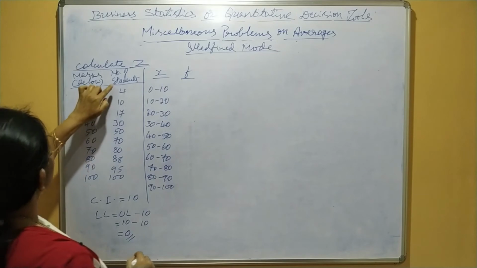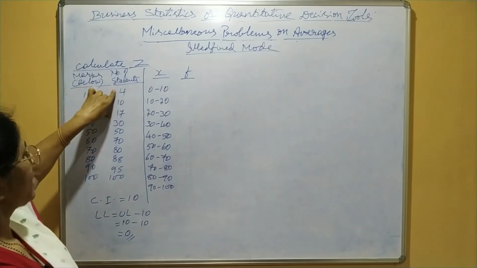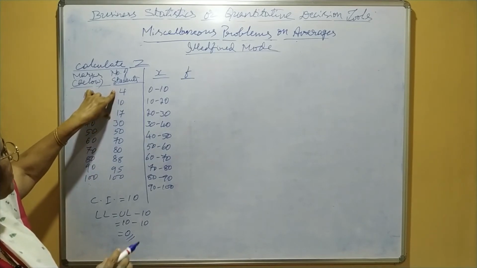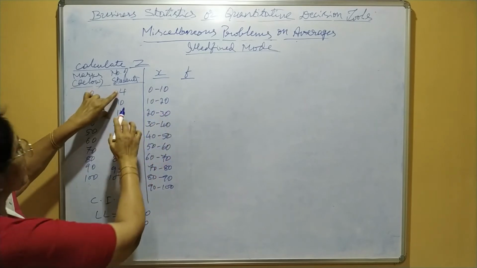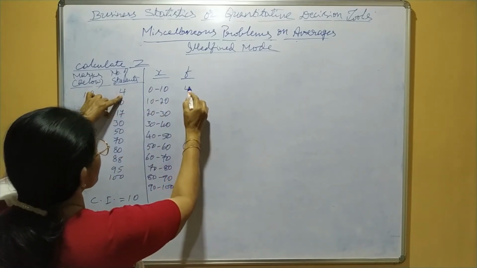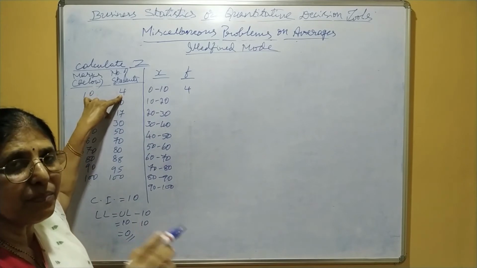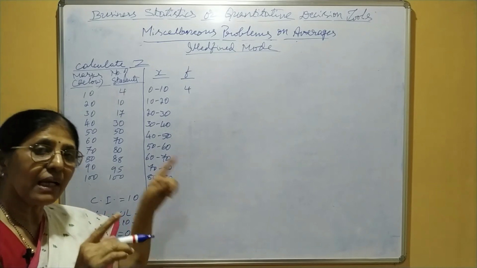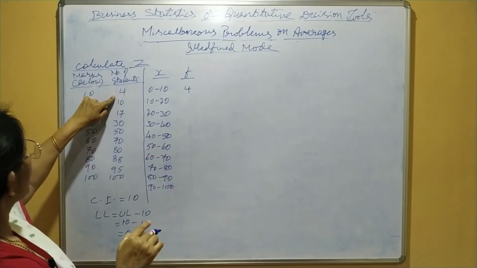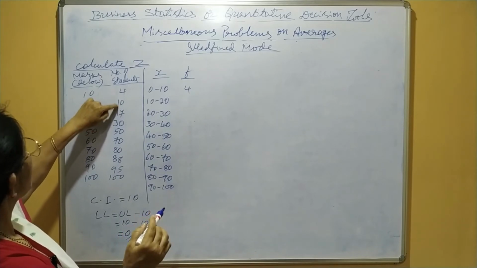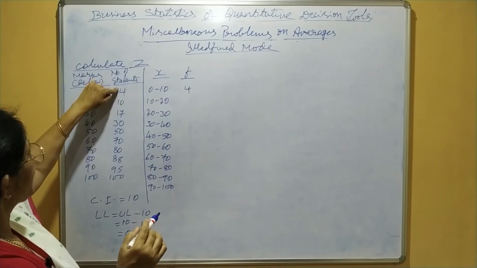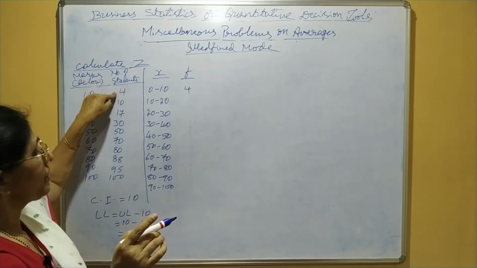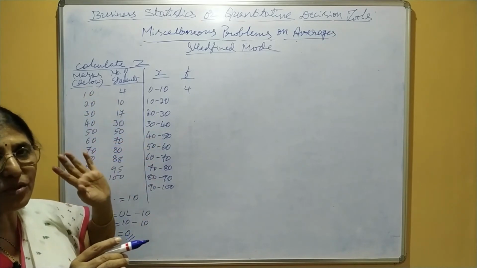Okay. Now here these frequencies, given number of students, they are cumulative frequencies. We have to convert cumulative frequencies into ordinary frequencies. For that what you have to do? We have to retain first one as it is when variables are given below or less than. When it is given above, then you have to retain last one as it is. In case of less than, to convert next, succeeding cumulative frequency minus preceding cumulative frequency. When it is given above or more than, preceding cumulative frequency minus succeeding cumulative frequency.